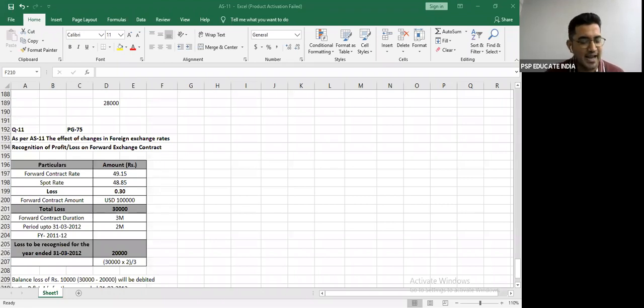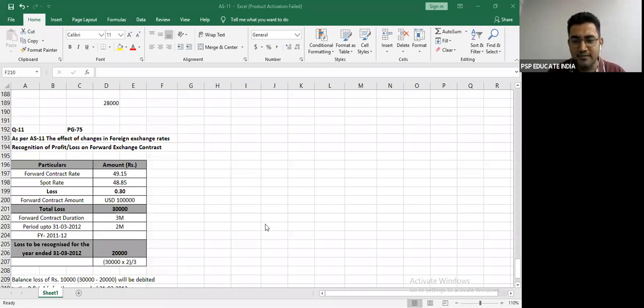Now this is known as entering into a forward contract for speculation. Please understand, I am not mitigating my loss. I am not doing any kind of hedging. In fact, I have not purchased the forward contract to cover up for the loss that may happen to me. I have entered into a forward contract only for speculation. Now, because I have entered into a forward contract only for speculation, the treatment will change a little bit compared to what we have seen till now.